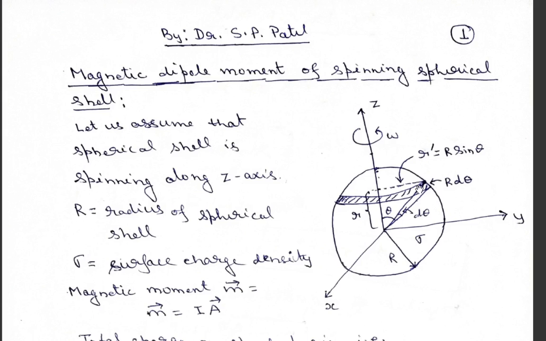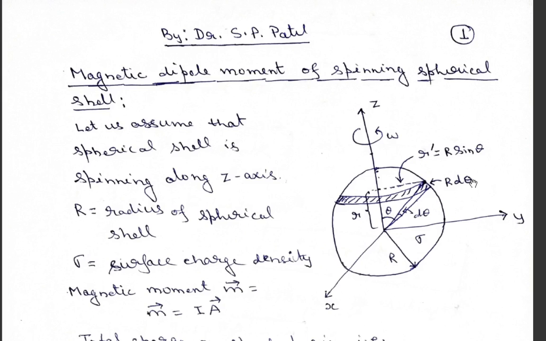Obviously this will be the r distance, and this is making an angle with the z axis, that is theta, and let us assume that there is an infinitesimal displacement, that is d theta. So obviously this will give the thickness, that is r d theta. Okay, so if this is r d theta, then we can draw a small circular ring of r d theta